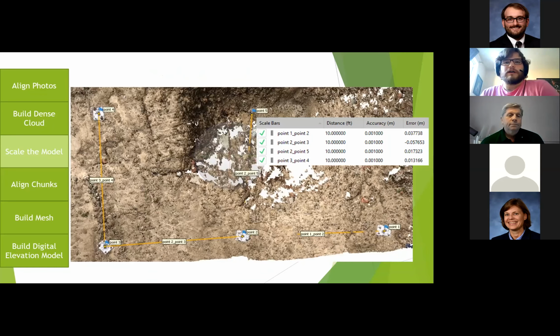And then with this method, you set the distances that you place the targets apart. In my case, I placed them all 10 feet apart, and that is essentially how you scale the model to real life size. Ideally, in an environment where you're modeling a landslide, you're going to have access to survey grade equipment where you can get to about a centimeter's worth of accuracy, and that would be how the model would be scaled. But in this method, not having that equipment on hand, by setting up a network of points with known distances, that is how you can scale your model.